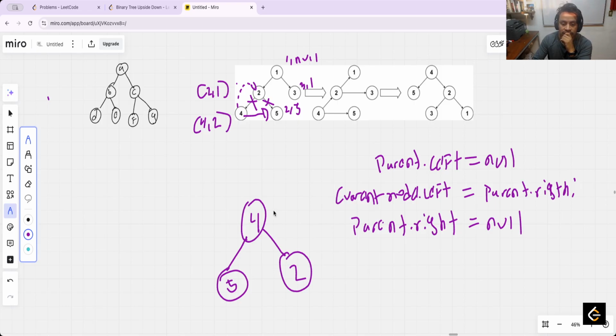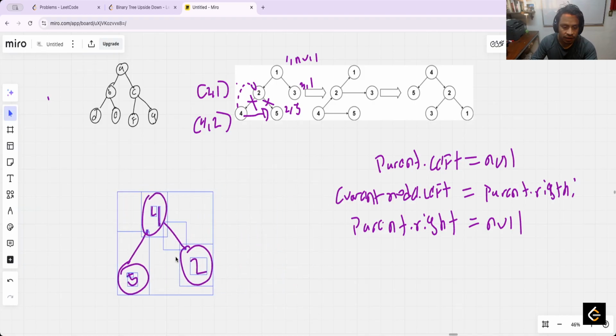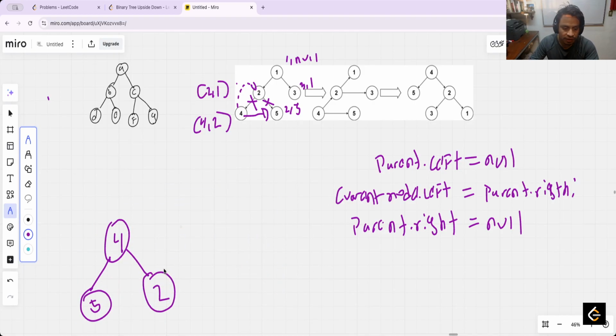Now we have this structure, and if I continue with this model, this is still with the reference as a left child of the 1, and we have this. Now if I apply this,